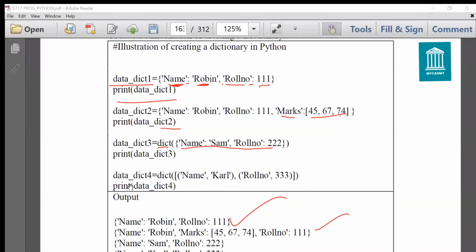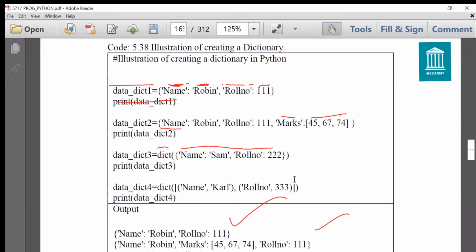Similarly, another way to create a dictionary is dict, where you can give values without using colon. You give the value by putting parentheses. The outer parentheses are of the dict function. Then the square bracket, and in this we are giving values in parentheses again.